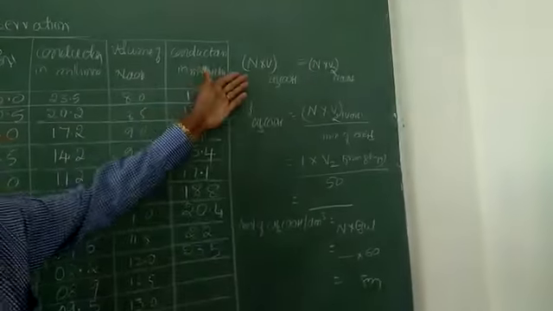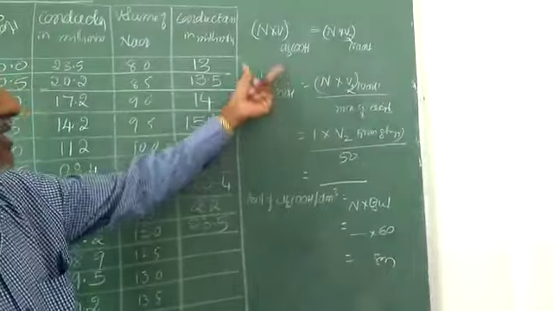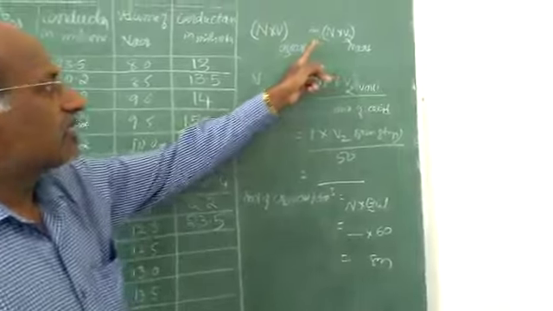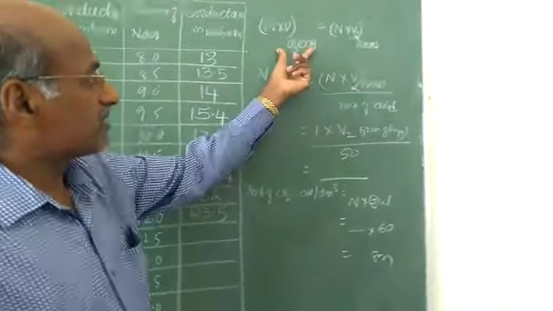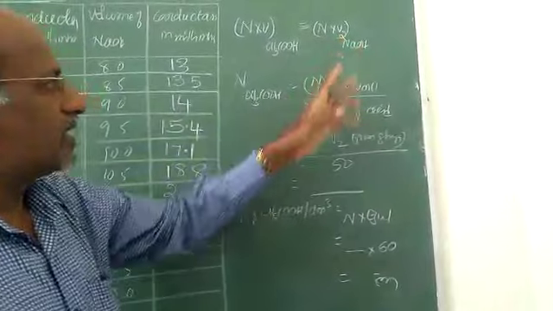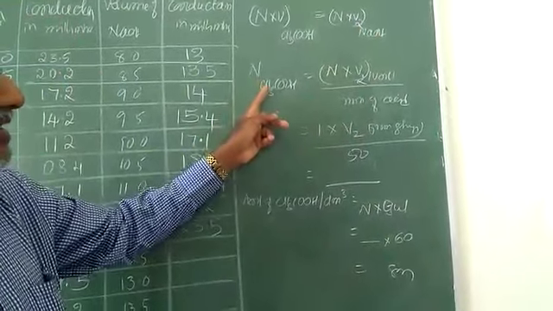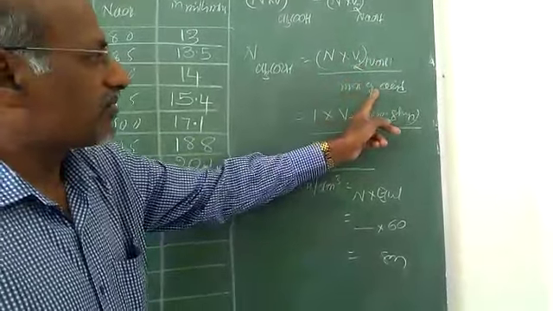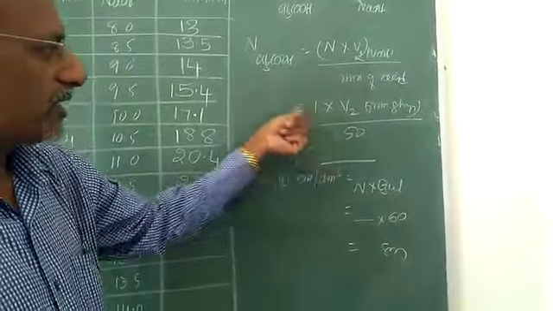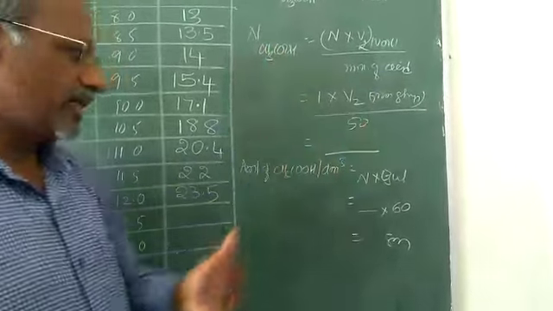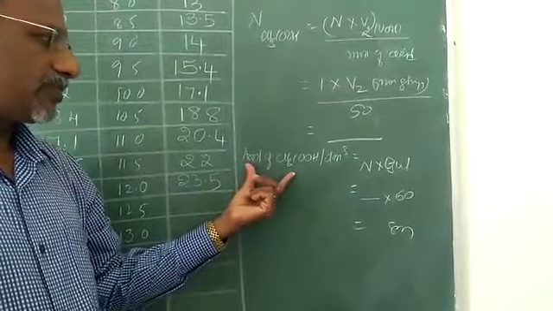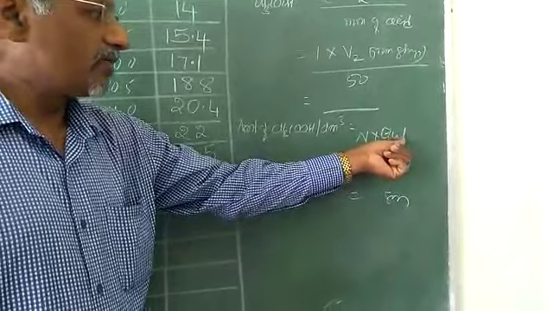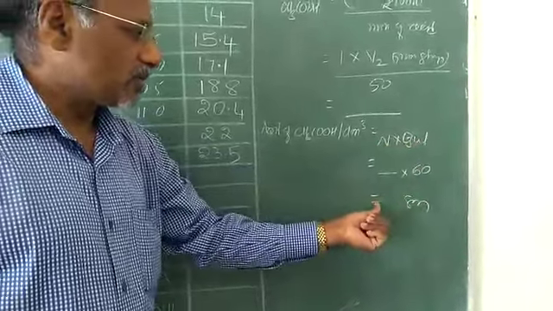Similarly, now how to calculate the amount and normality of the acetic acid by using the formula normality into volume of the acetic acid in the hydrochloric acid and acetic acid mixture is equal to normality into volume of the sodium hydroxide. So therefore normality of acetic acid is equal to normality into V2 of sodium hydroxide divided by volume of the mixture of the acid, that is equal to 50. So we will get the normality of the acetic acid. And finally, amount of acetic acid per dm cube is equal to normality of acetic acid obtained in the above step multiplied by the equivalent weight of acetic acid, that is equal to 60, that is equal to so many grams.